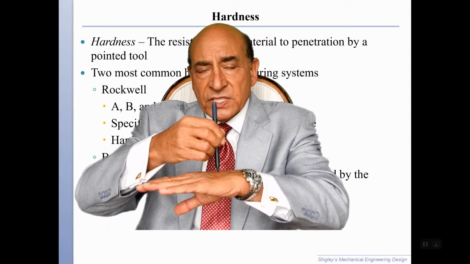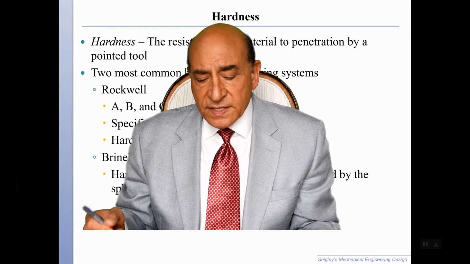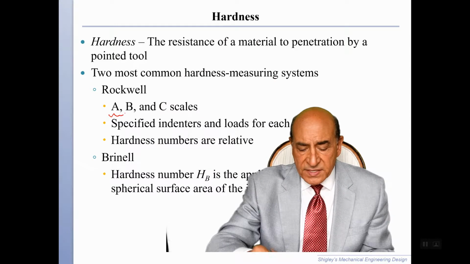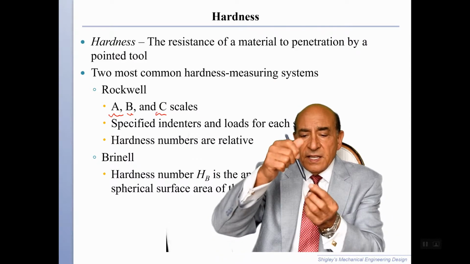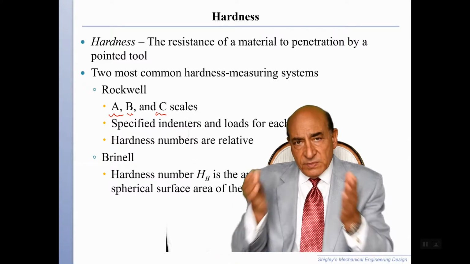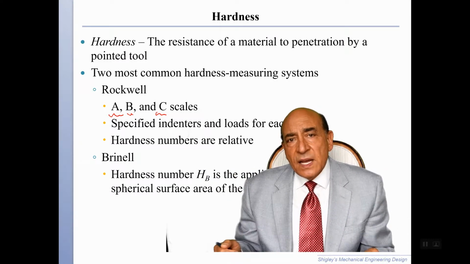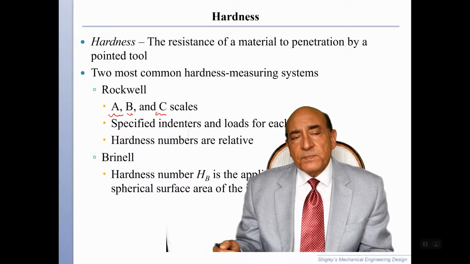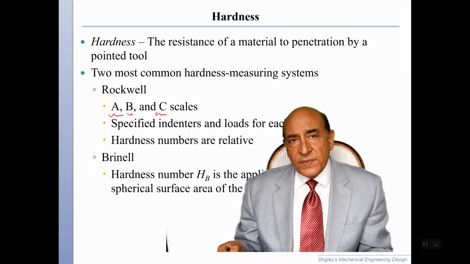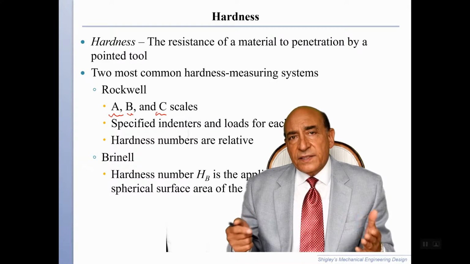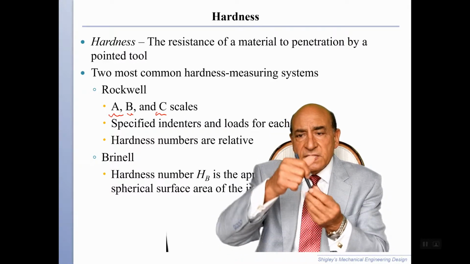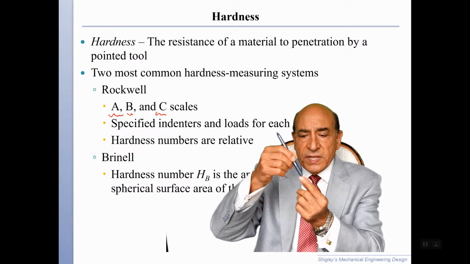This measure is called Rockwell hardness, and it has 3 different scales, A and B and C, depending on the shape of that tip here, the conical shape. So it could be small, it could be large, and it's used extensively to test how hard steels are in practice. Another way is to have this tip, instead of having it pointed, have it with a hemisphere